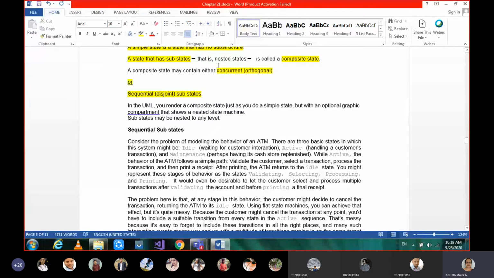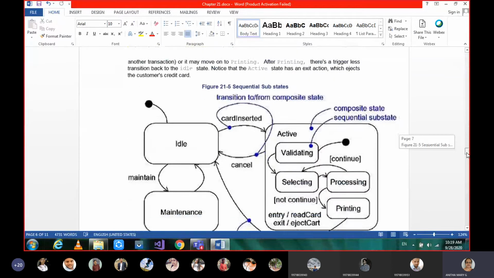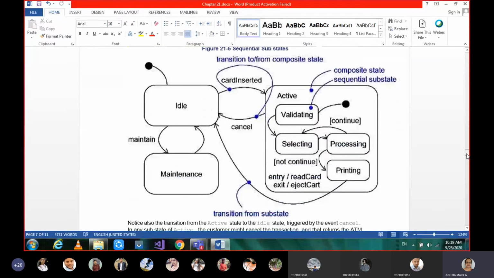Between the sequential and concurrent substates, we are going to come across something called history. If we want to specify the history, we can talk about the history of those states. I will discuss that when we come across it. Sequential substates means, if a state is divided into substates, say here this is an example for an ATM machine.